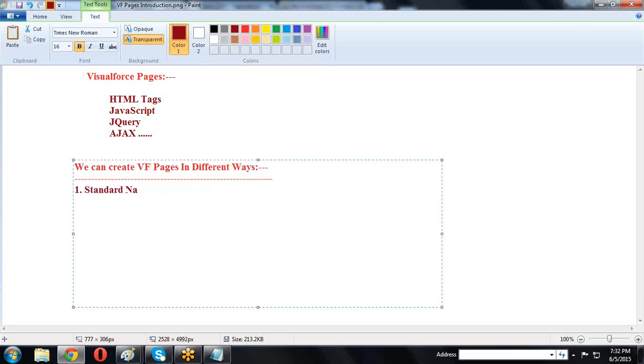Second one is from the developer console. Third one is URL pattern on the browser.